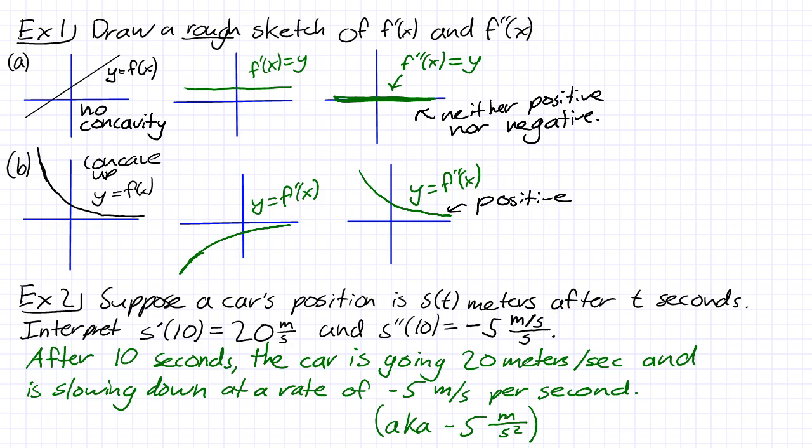You can think of this number as the rate that velocity is changing, and the rate that velocity is changing is also called acceleration. And this is negative, so velocity is changing at a negative rate. That means the car is slowing down. So it's slowing down at a rate of negative 5 meters per second